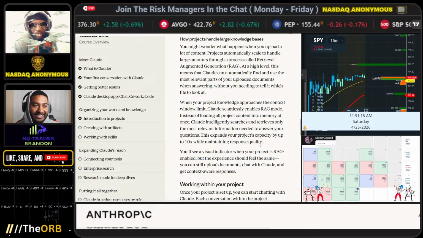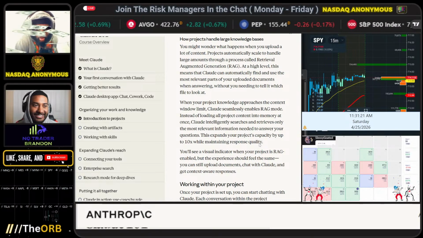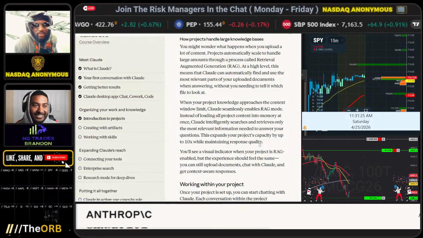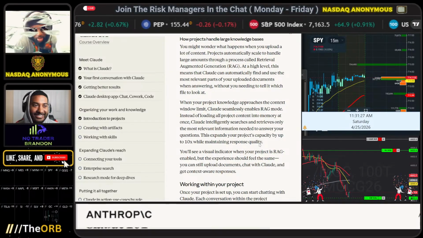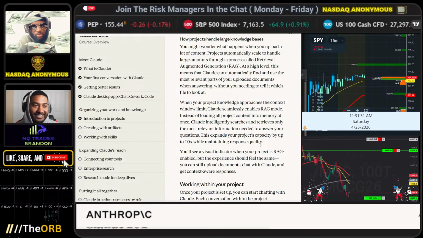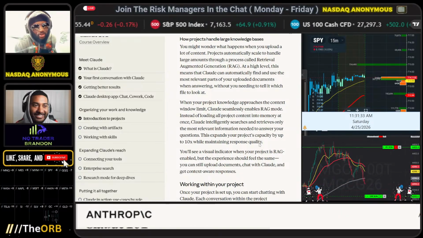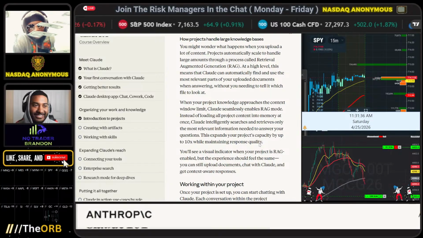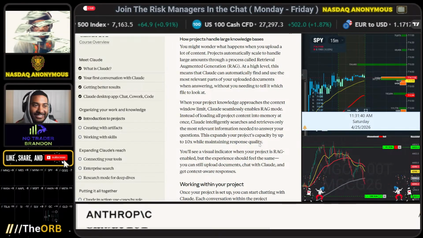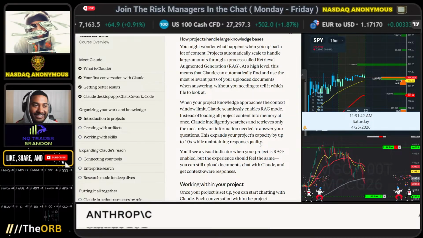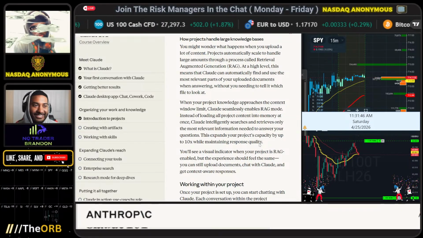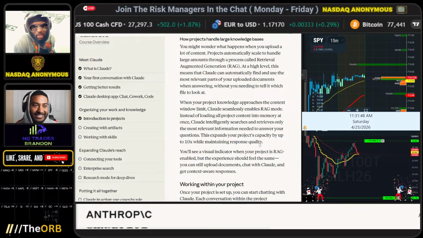When my project knowledge approaches the context window limit, Claude seamlessly enables RAG mode. Instead of loading all project contents into memory at once, Claude intelligently searches and retrieves only the most relevant information needed to answer my questions. This expands my project's capacity by up to 10 times while maintaining responsive quality. I'll see a visual indicator when my project is RAG enabled,